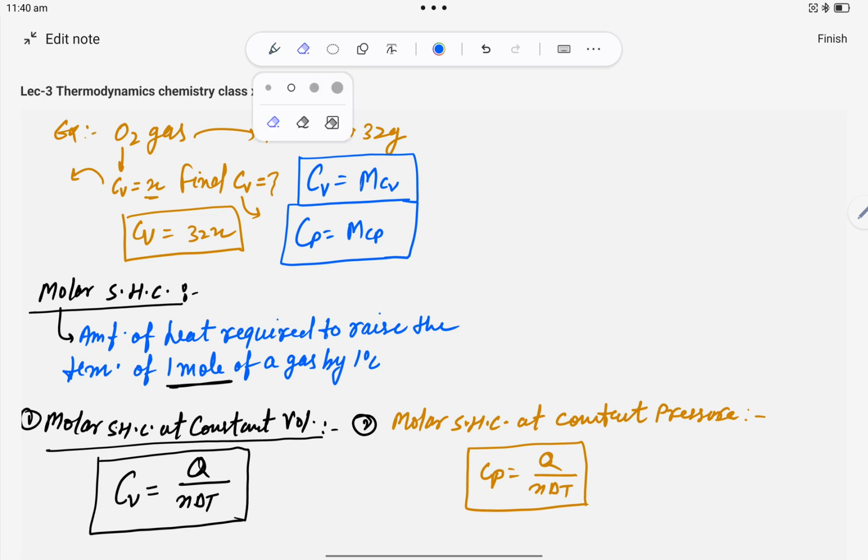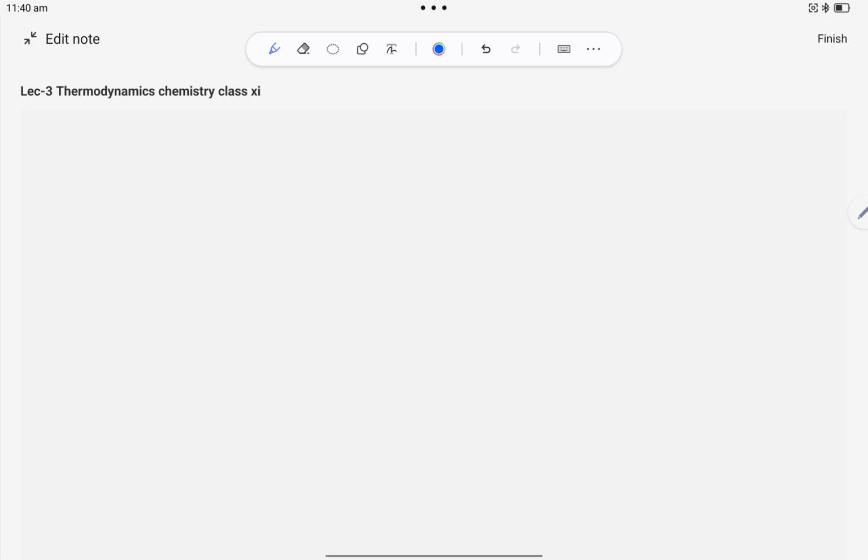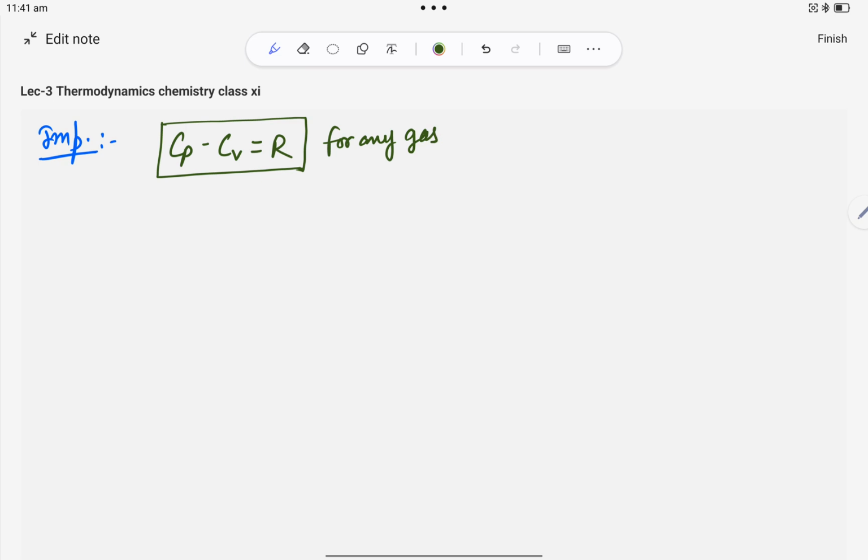Now the very important discussion, important relation. What relation? Capital Cp minus capital Cv is equal to R for any gas. Till the first law of thermodynamics, we'll talk about the gases only. Okay. In that case, one question is given,